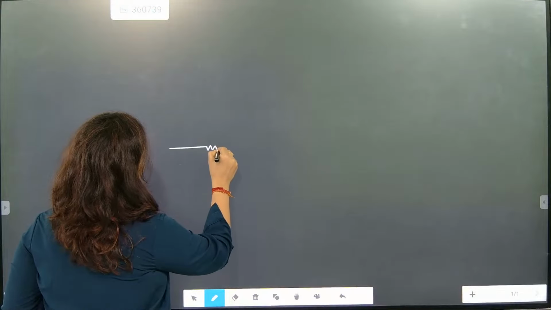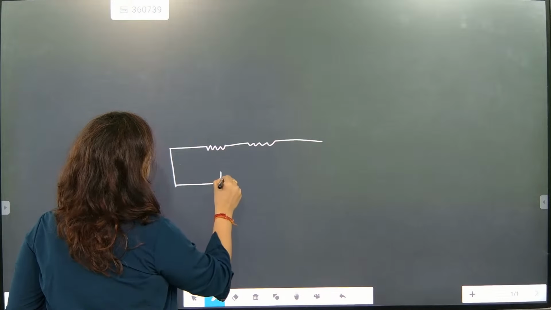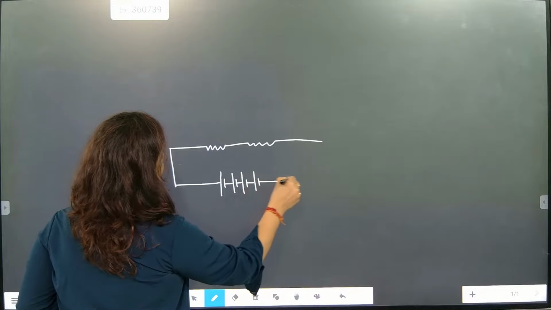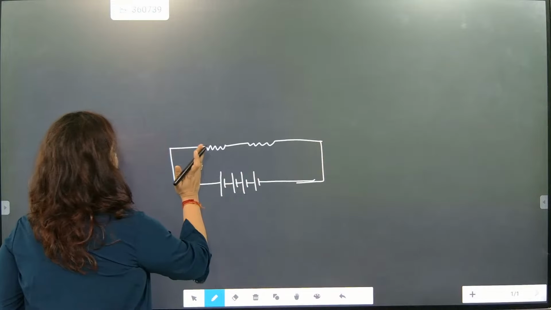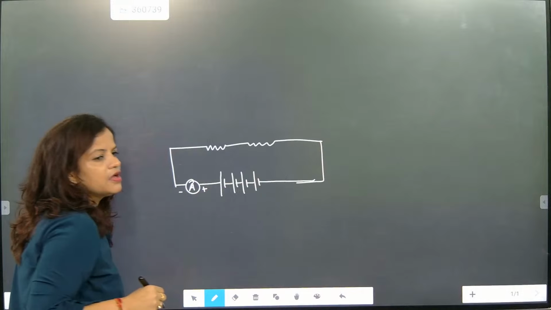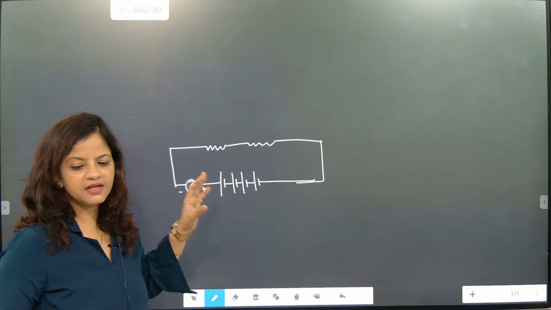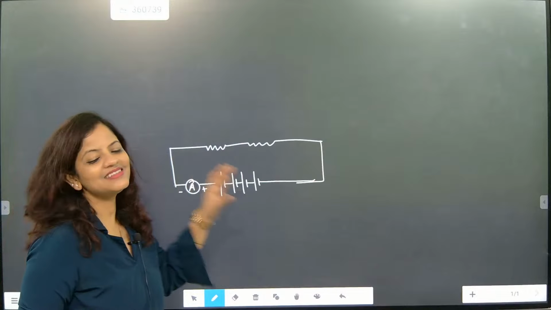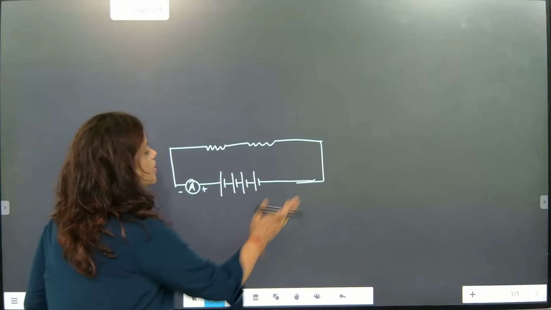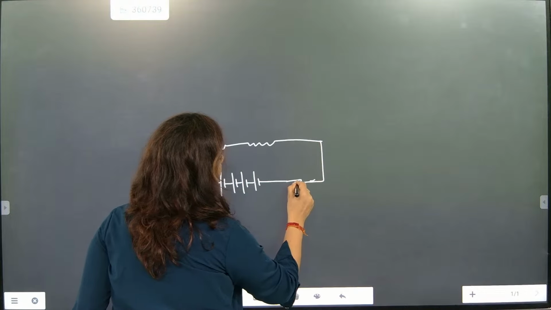So now I'm talking about one or two resistors connected in the circuit. And after that you see this one. This is exactly the battery. Here the ammeter connection is there, positive and negative. So now the circuit is ready, and because the circuit is ready, we will be expecting flow of current. So what actually is going to be seen here?